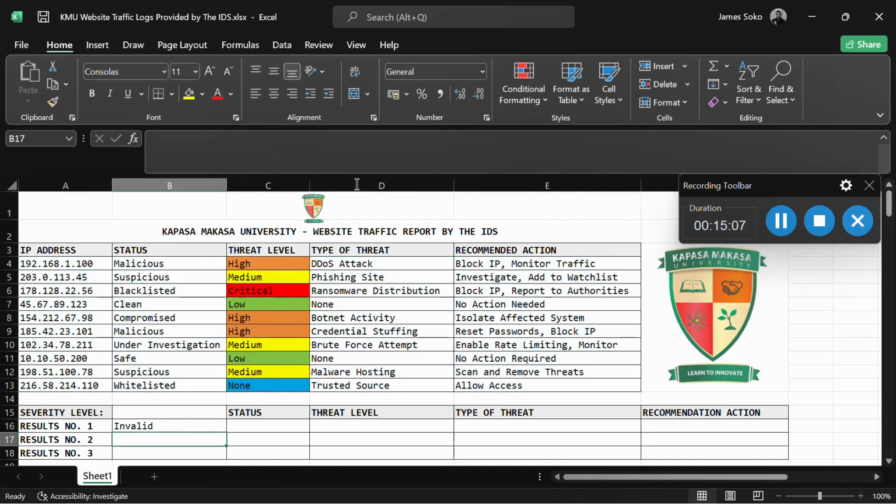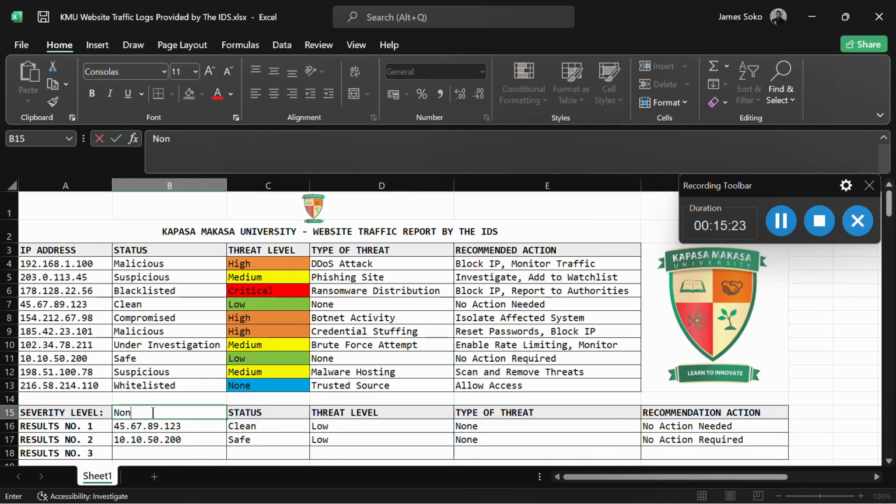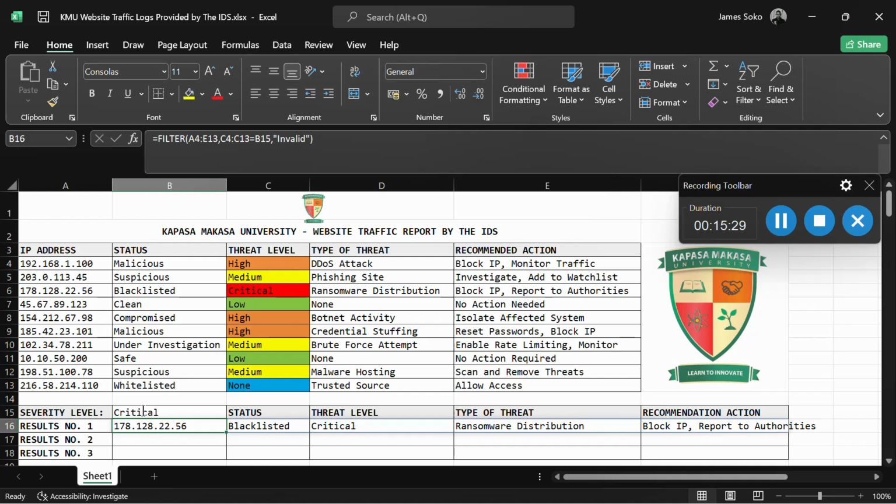Once I press enter, it's saying invalid because nothing has been searched in here. But if you search for a risk level or severity level such as high, it will give you the results. If you search for something which is low, it will give you the results. If you search for none, again it will give you the results. Critical, it will give you the results.